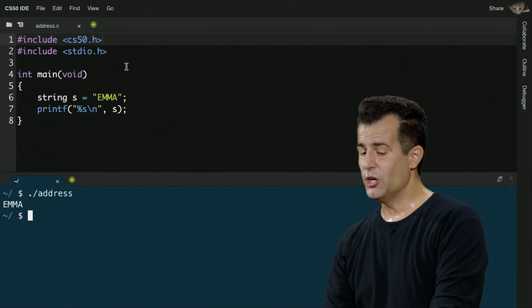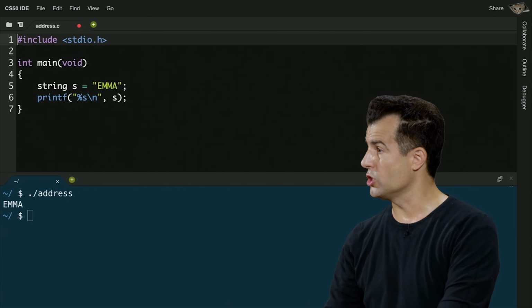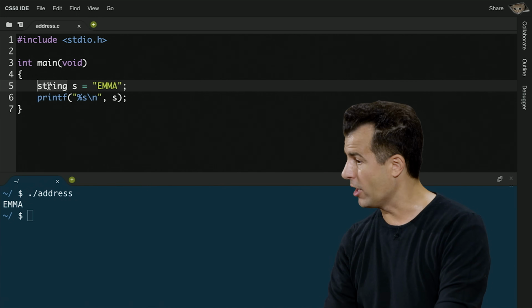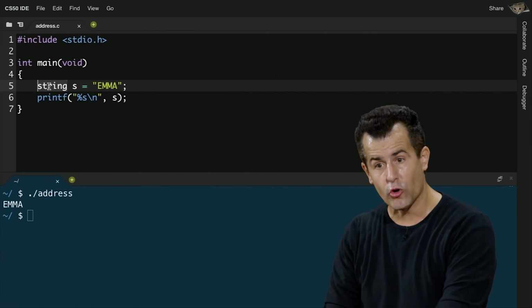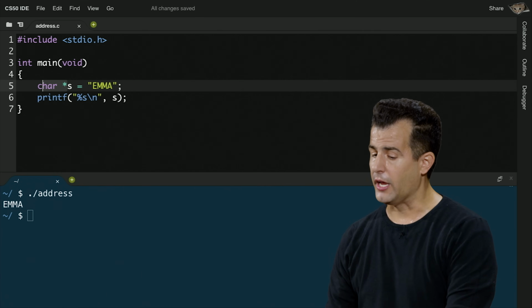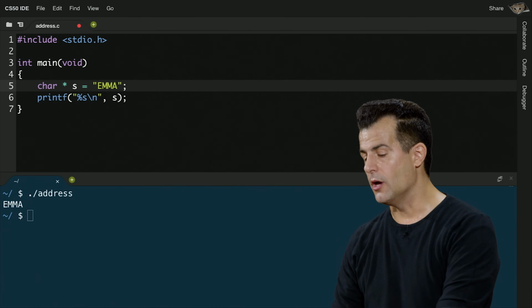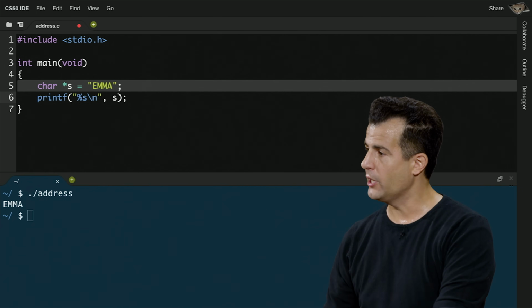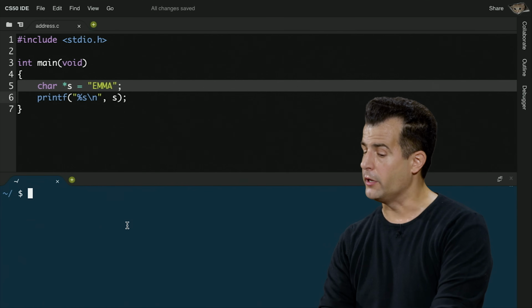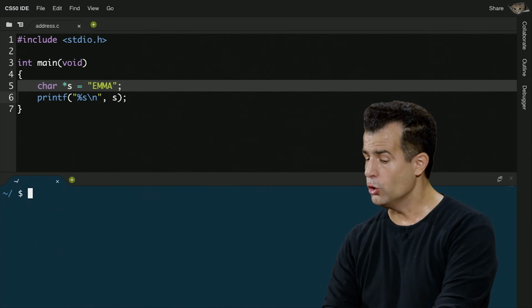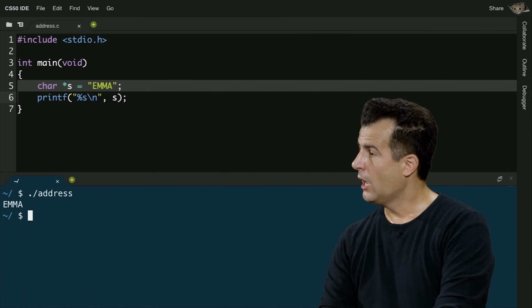So what can we now do that's a little bit different here? Well, I can get rid of the solution a moment ago and say, I don't need string anymore. I don't need those training wheels. If s is going to represent a string, technically s is just going to store the address of the first character, and it suffices just to write this. So literally, instead of string, you write char star. You can have extra space to the left or right, but most programmers write it just as I have here, char star variable name. That looks scarier now, but it's no different from what we've been doing for weeks. If I now do make address without the CS50 library, it still works, because C knows what I'm talking about. And if I run address now, I still see Emma.